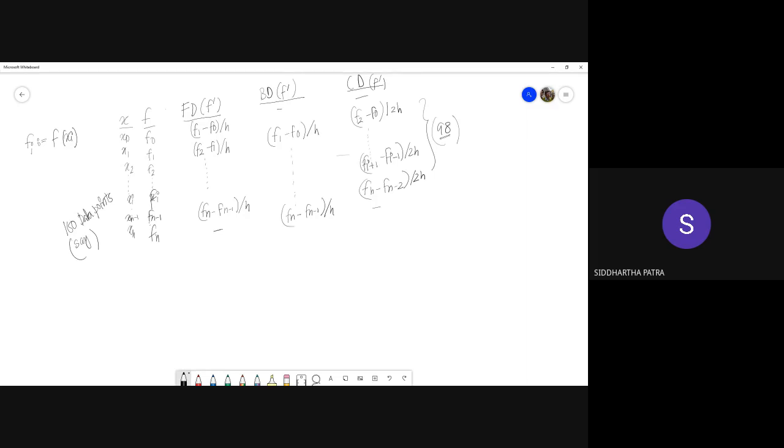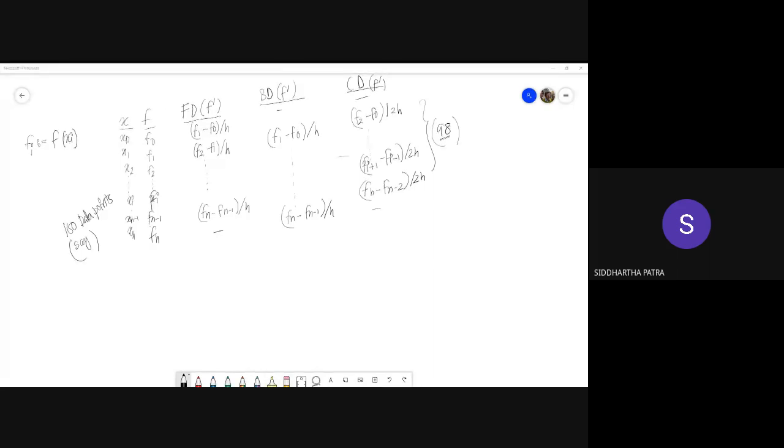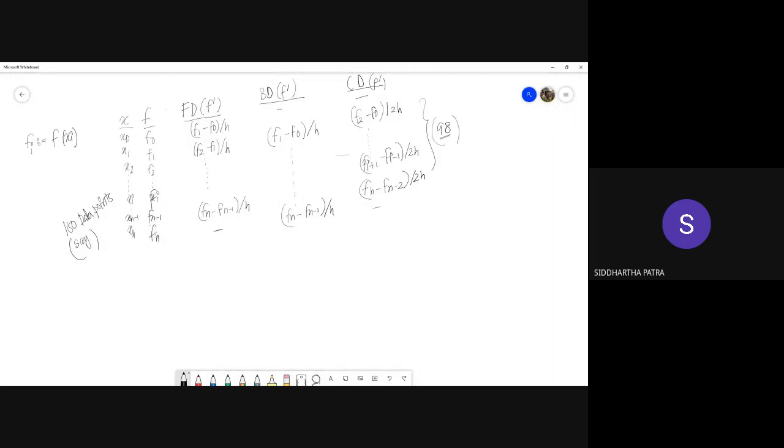Okay. Is this part clear? Yes, sir. Okay. And so far, all the difference techniques that we have seen are 2-point difference methods. And if you want to increase accuracy, you can actually take more than 2-point methods.